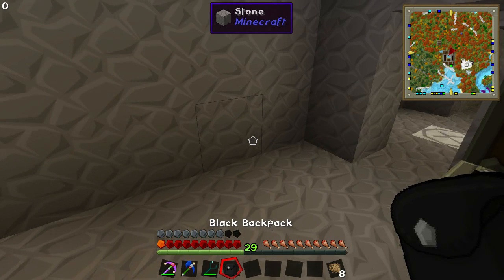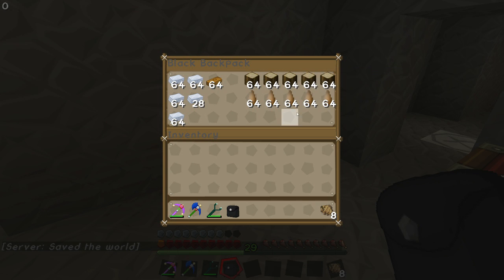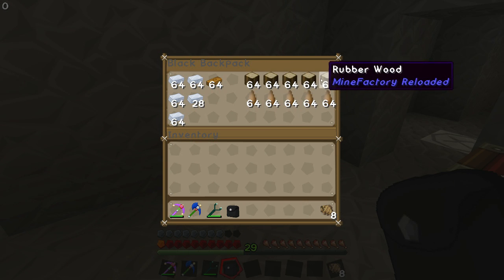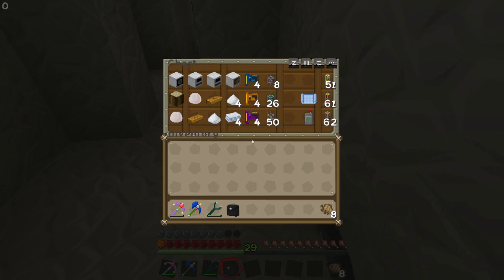So the basic problem that we're trying to solve, right, is that in our Enderman farm, well, not our Enderman farm, I guess, our tree farm over there, it is growing rubber wood, right? And the rubber wood, and also we get raw rubber. These are the two things that system drops. And I don't want to manually put them into systems. So let's